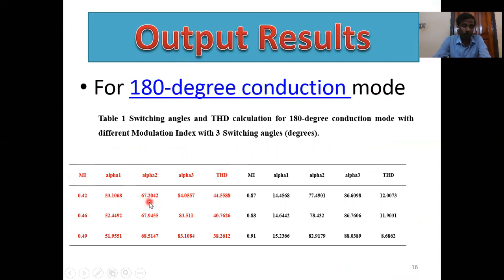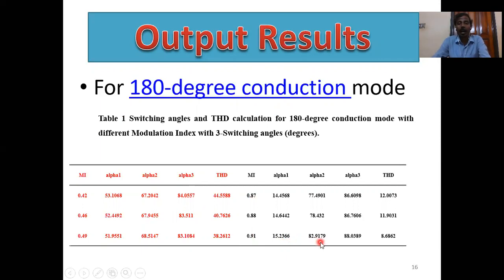53.1068, alpha 2 equals 67.2042, alpha 3 equals 84.0557, and at that condition THD equals 44.5588. Similarly, for 0.91 modulation index, alpha 1 equals